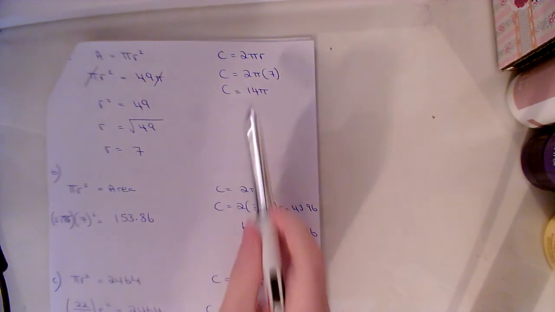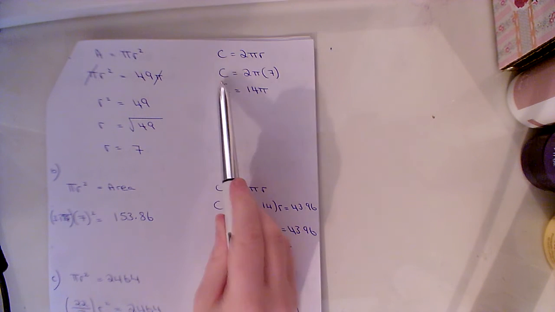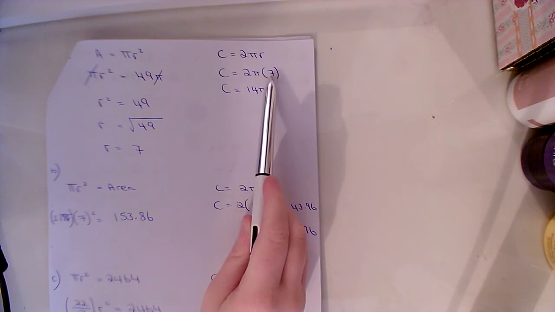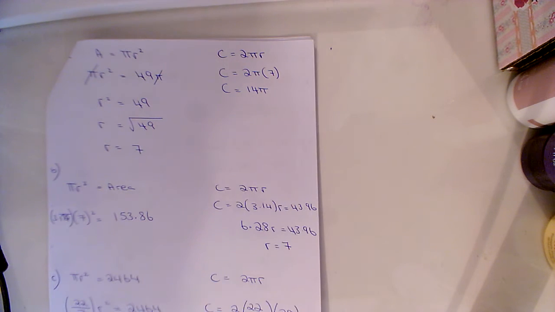That gives me enough information to find my circumference. So the formula for circumference is 2 pi r. So I have circumference is equal to 2 pi, my radius is 7, which we just found, so C is equal to 14 pi. Part B, I was actually given my